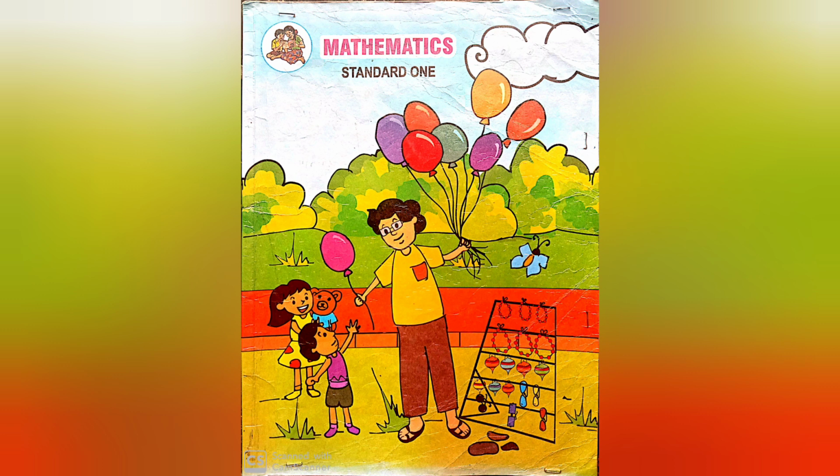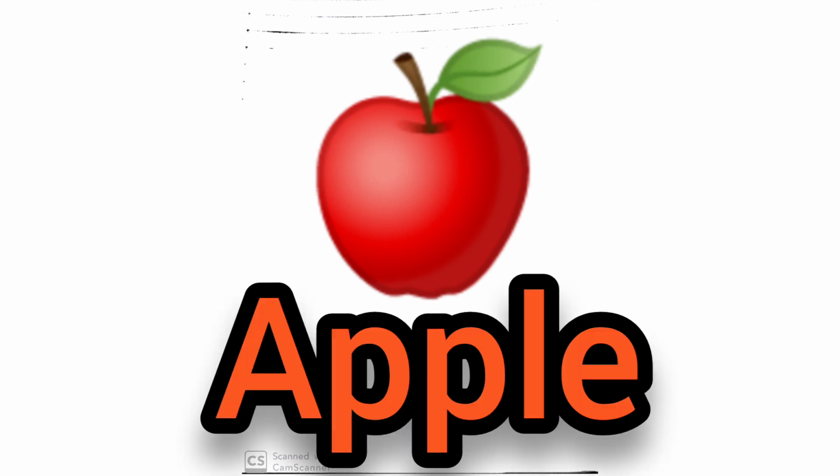As we know, we can see many things around us like trees, animals and many more. Some are very big and some are small and tiny. What do you think? How can we recognize them? We can recognize them according to their size and shapes. So let's see how we can recognize them. Student, can you tell me what is this? Yes, this is an apple.